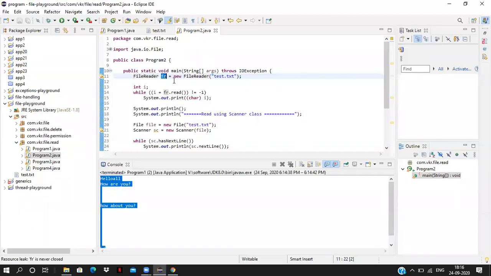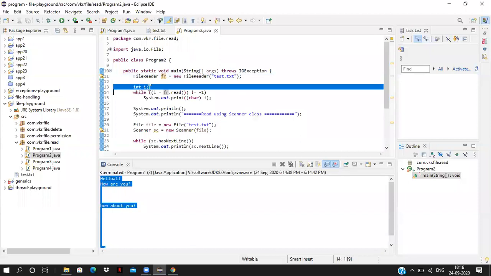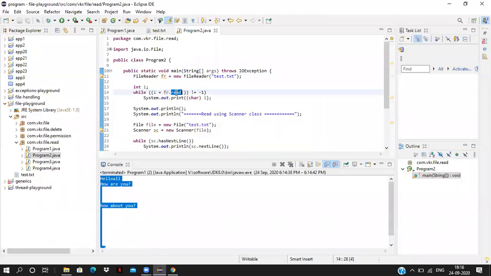After creating the FileReader object, I'm taking one integer variable, int i. The fileReader.read method will give the data inside a file. Each and every line is having some code.